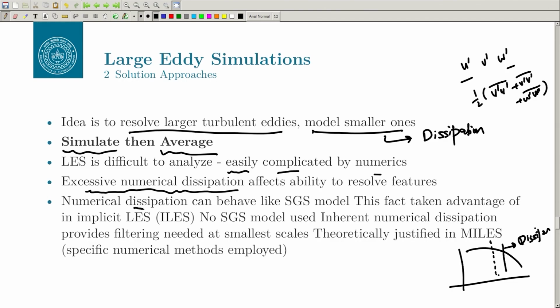This dissipation can be handled in two ways; there are two schools, and I will not get into that discussion here. One is called implicit LES, the other is called explicit LES. In explicit LES, you actually put in a model to dissipate the flow. In implicit LES, the argument is that the numerical scheme itself has dissipation, and